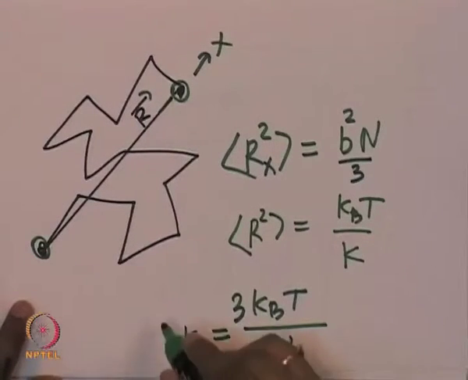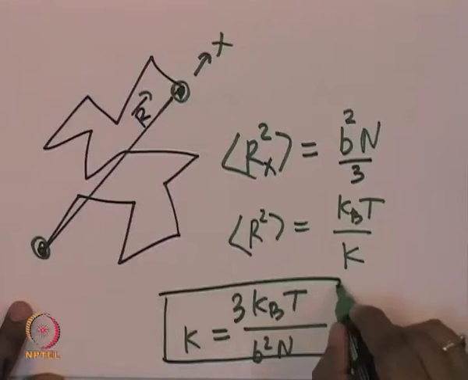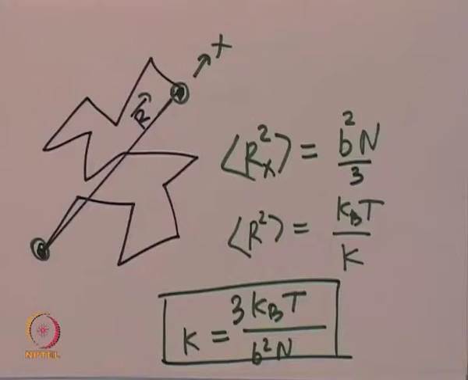This can be thought of as, without doing much calculation, just equating a couple of things that we already know, we can guess how much the spring constant will be. If you think of the DNA that can be pulled like this as a spring, the spring constant can be estimated here. We can calculate this exactly, but without doing much calculation, we can guess what the answer will be.